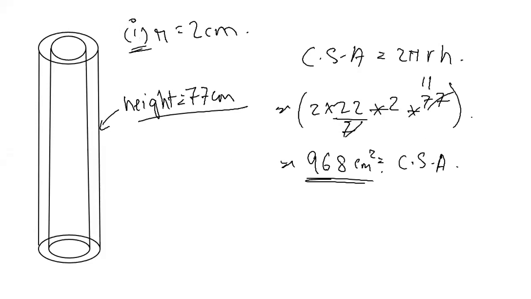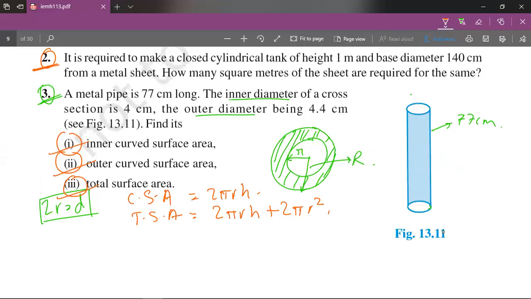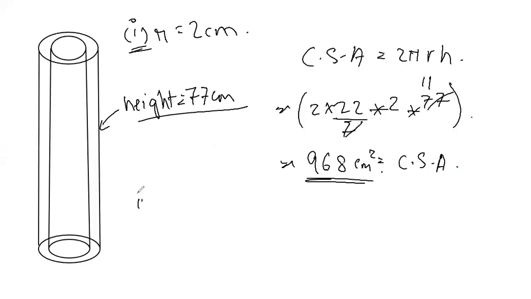And then the second part of the question states the outer curved surface area. In this question, we will take the capital R, which is the outer radius. So R is equal to 2.2 centimeters, and we'll use 2.2 centimeters for our calculations further. So let's go to our whiteboard. And the second question. The same formula is applied, but with the capital R, because we are considering the outer radius.